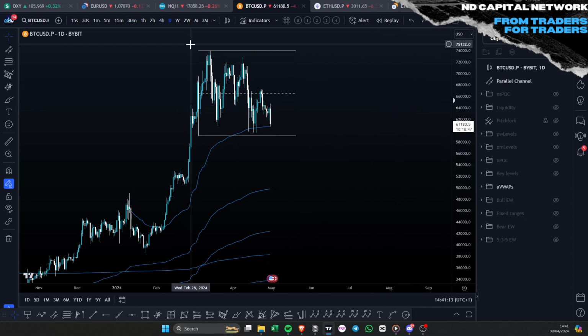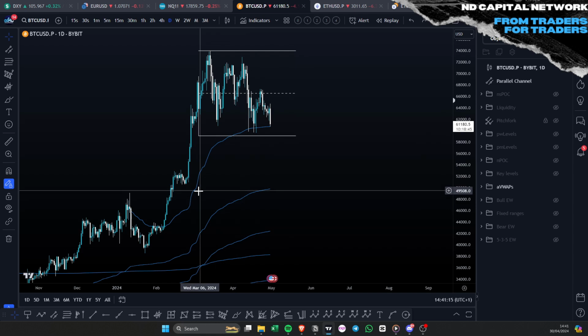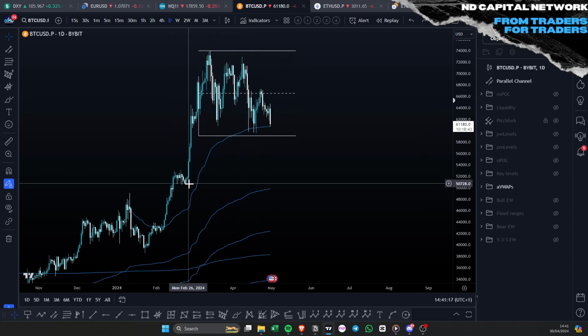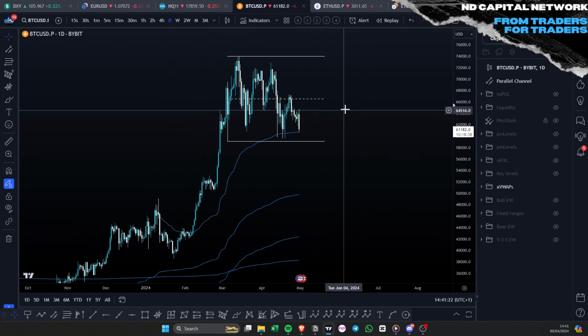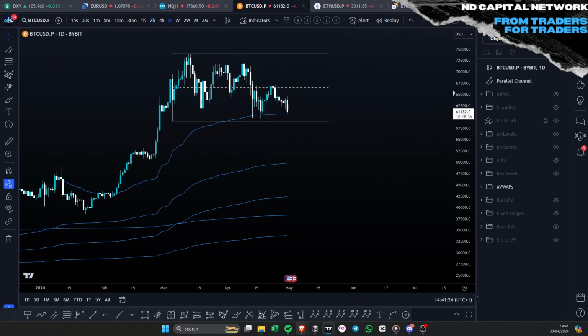We have not seen the top. We're gonna see another top. A lot of people are waiting for this area down here, and a lot of people are waiting down for this area down here as well. I believe they're gonna be left on the side. Now, if we take a look at some data,